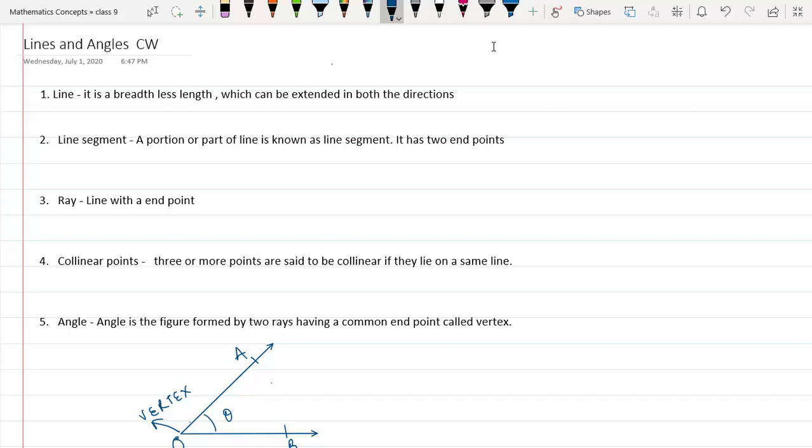Okay. Now, before studying lines and angles, we should understand why we are studying them, and what their importance is in real life. If you study the introduction of NCERT, you will get to know that architects who are designing big buildings first make a layout. In that layout, they use these lines and angles to make an outline of the building.